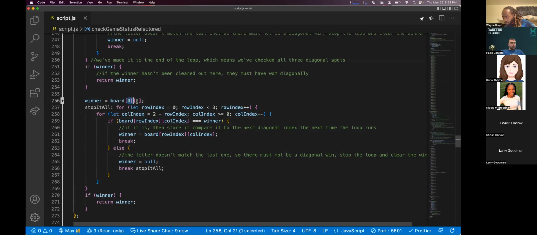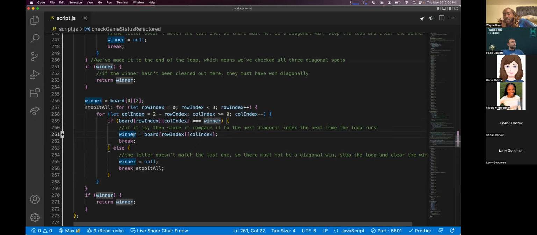Now we go on to the next time and we say, all right, row index is now 1. The first time we check col index, we now take 2 minus 1. 2 minus 1 is still greater than 0. So now check 1, 1. I get it now, because every time before, it was automatically setting the column index back to 2. Yep. So in essence, once it broke out, it didn't change. Yep. You doing good?